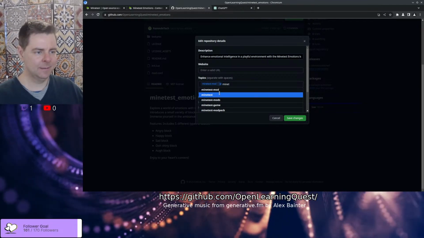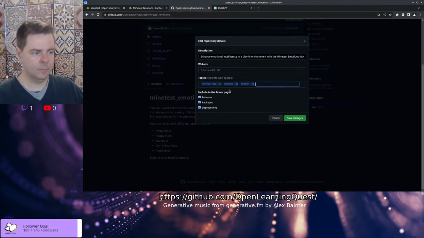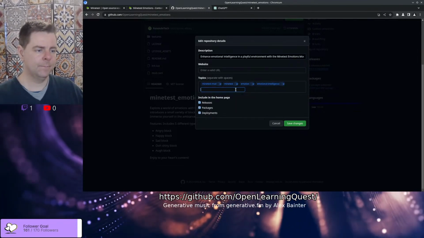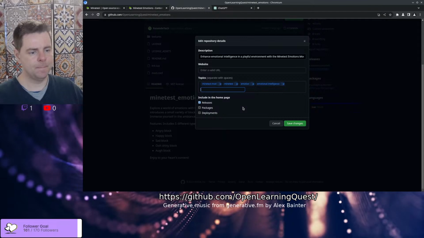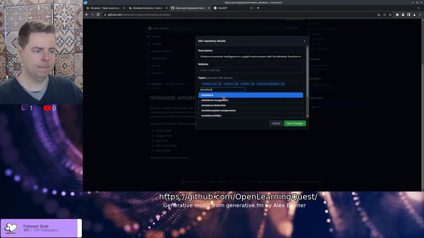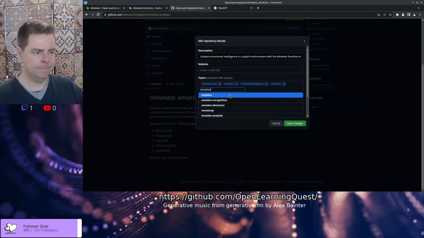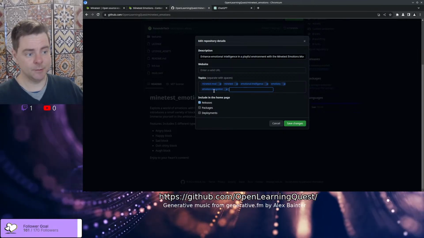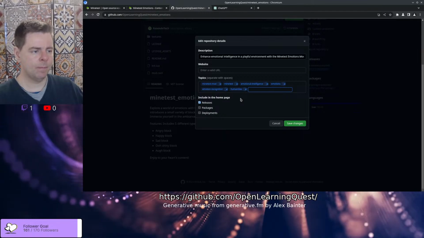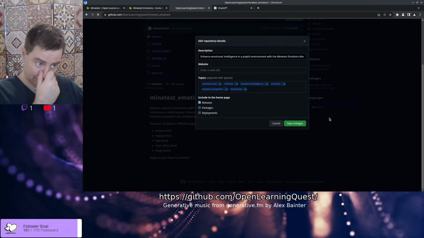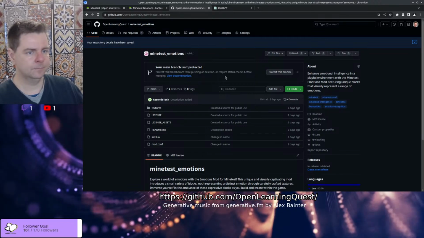Minetest. What else can we put here? This is getting into artificial intelligence stuff, but you know, we have to recognize emotions as humanity does. Very good.